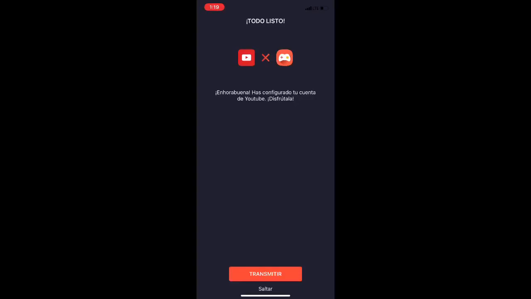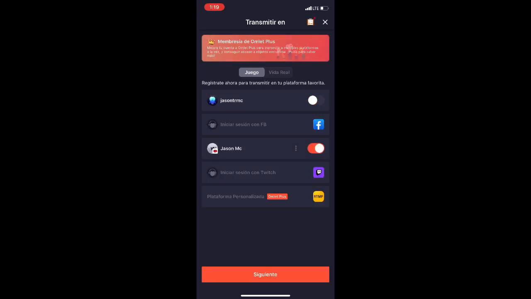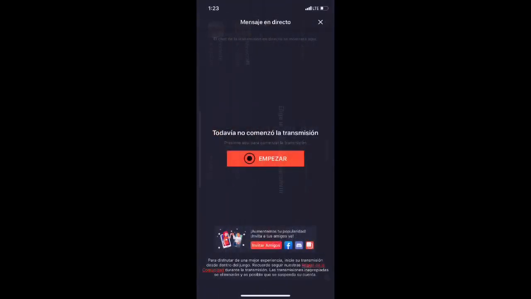Alright, I'm logged in. Then you put transmit. And then you put next. And now to start recording, you obviously need to put start. It says empezar in Spanish, but it's start. Once you press start, you just start screen recording whatever the game you selected. First you have to configure that it's transmitting from this app, which you have to go on top on the right